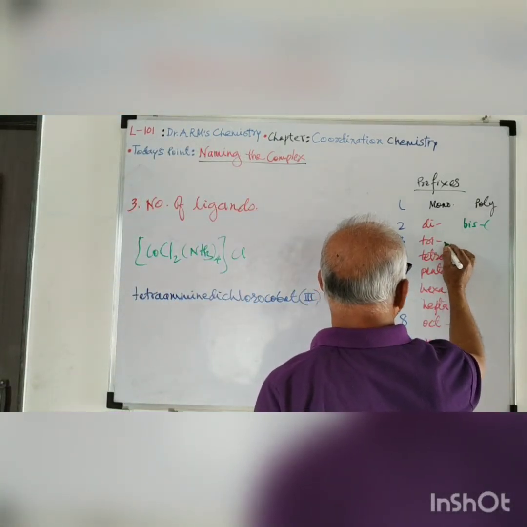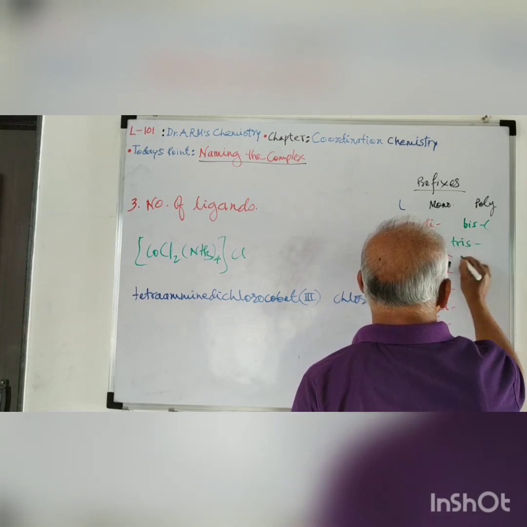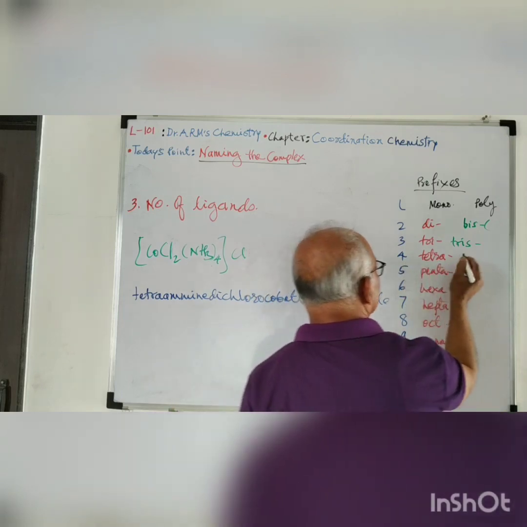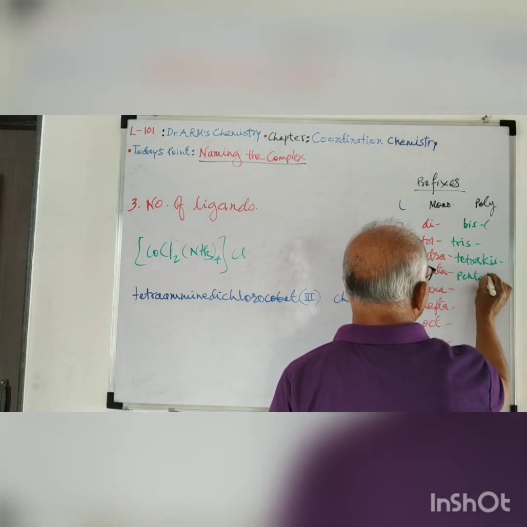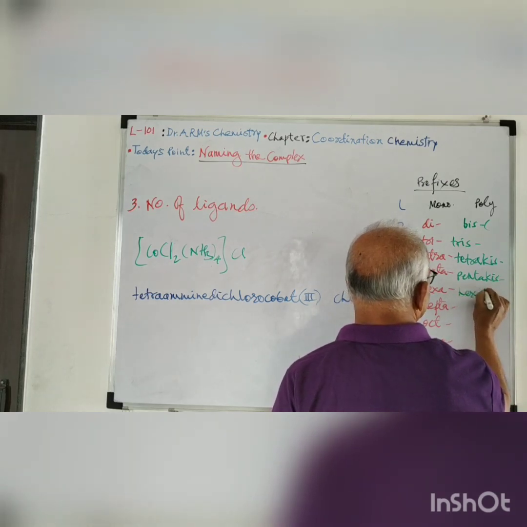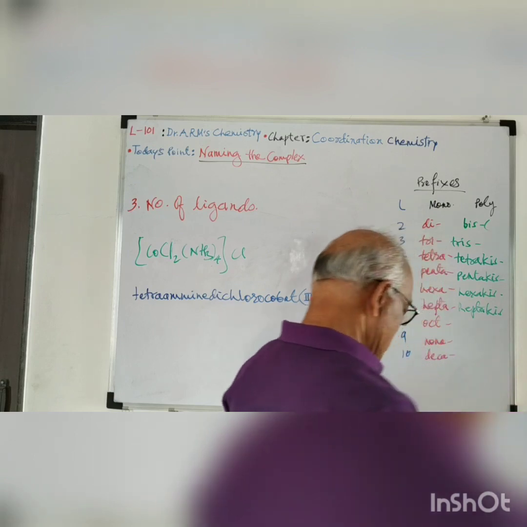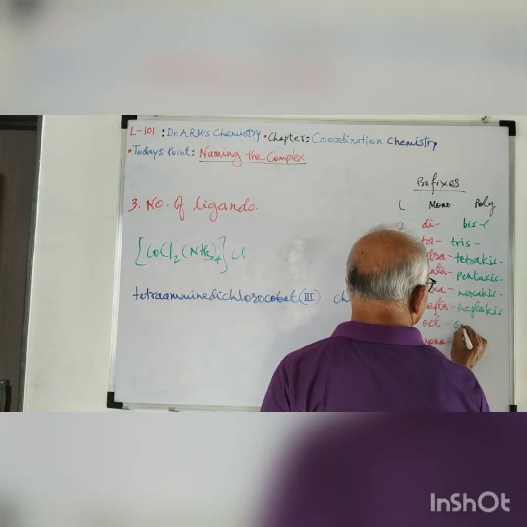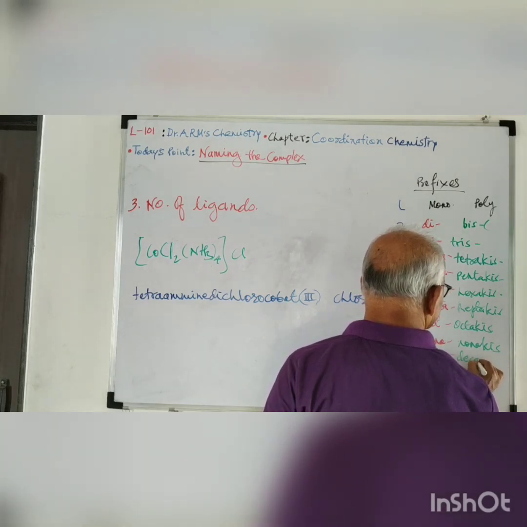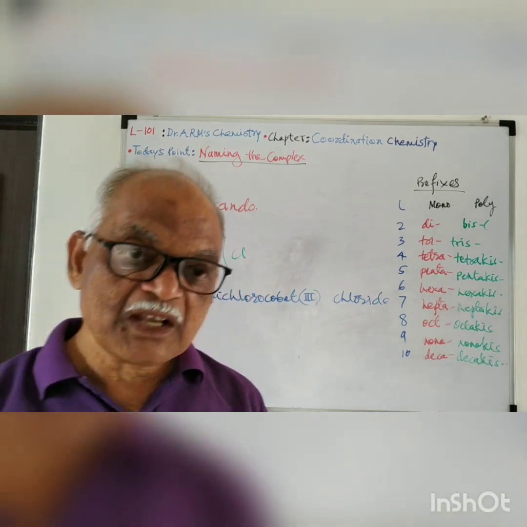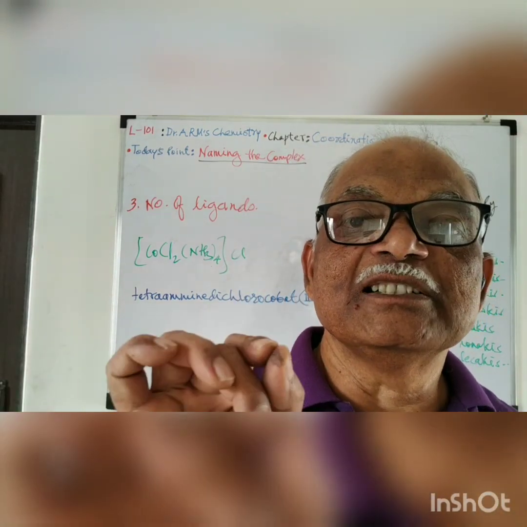Similarly, when the number of ligands is 3, we write tris. When the number of polydentate ligands is 4, we show the prefix tetrakis. Then pentakis, hexakis, heptakis, octakis, nonakis, decakis. Like this. We use this number system because the ligand name itself contains some numbering,